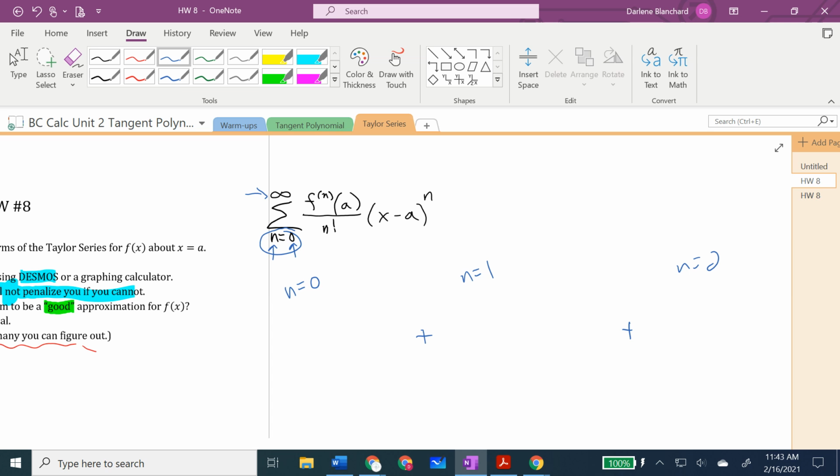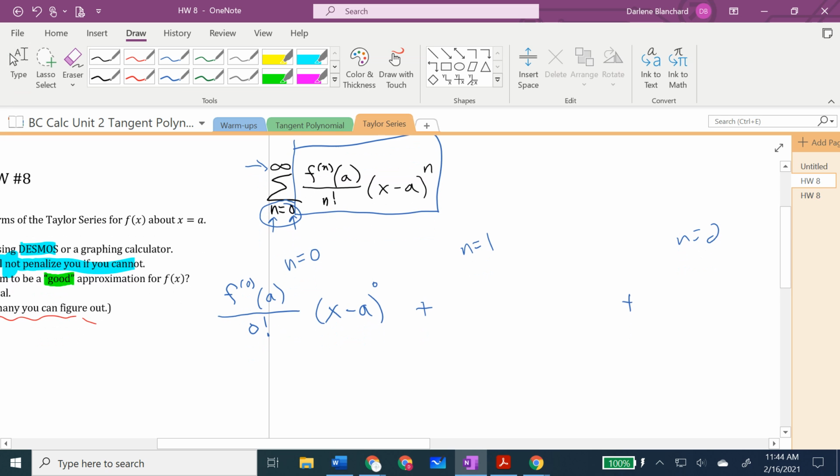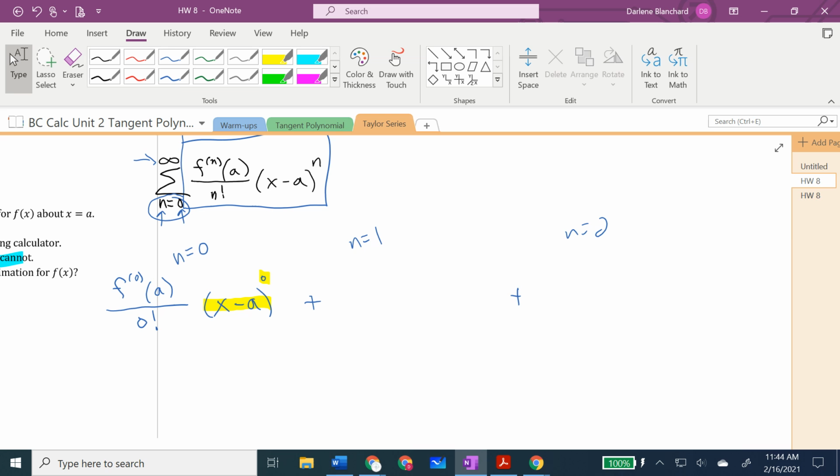When n is equal to 0, this formula is the 0th derivative at the center over 0 factorial times x minus a to the 0 power. What do all these mean? I'm going to start you off with this piece. If you have a 0 exponent, what number are you dealing with? The number 1. I'm not going to get into the exception of the rule at this moment. I'm just going to put down that that's 1